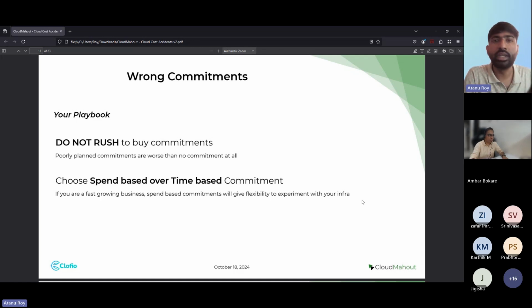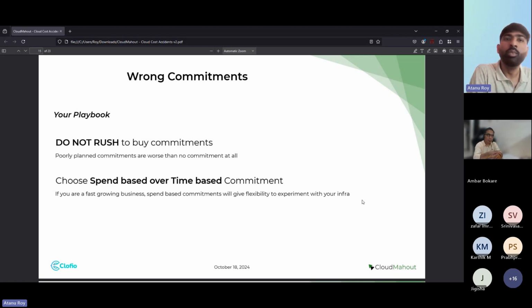So typically what we have seen is that in a fast-growing startup, your needs change very quickly. Today you are running on, let's say, an X large instance. Tomorrow your workload is probably going to increase, and you are either going to scale up or scale out, or maybe you are moving entirely into a Kubernetes cluster or some kind of serverless. These kinds of technical changes happen super fast in a fast-growing company, right? If you are typically a startup or, let's say, a scale-up, you need to be more careful while purchasing commitments. Spend-based commitment is a far better option for you.